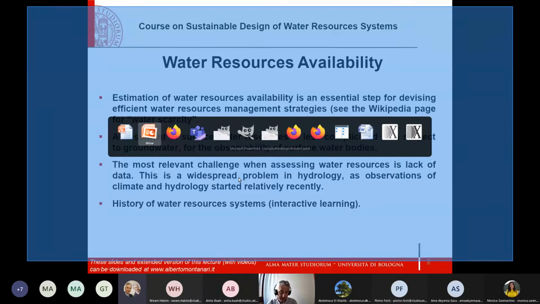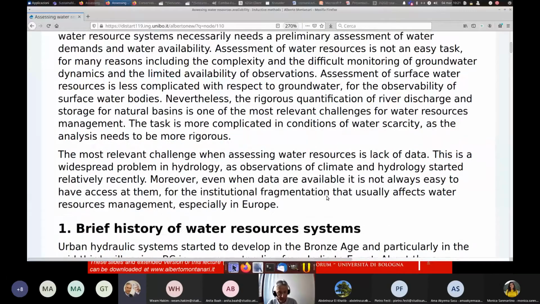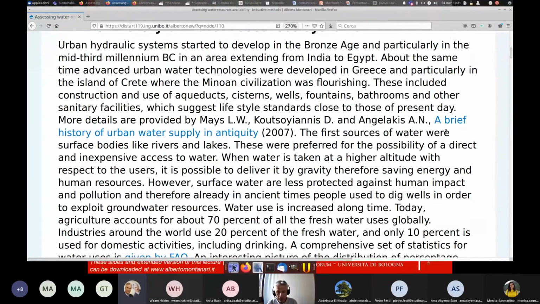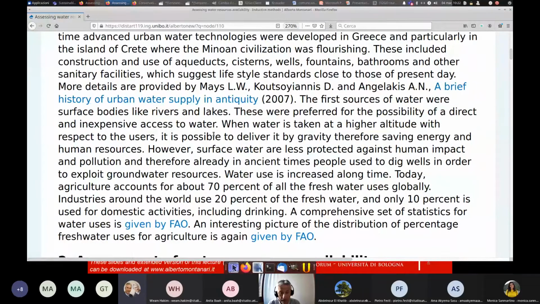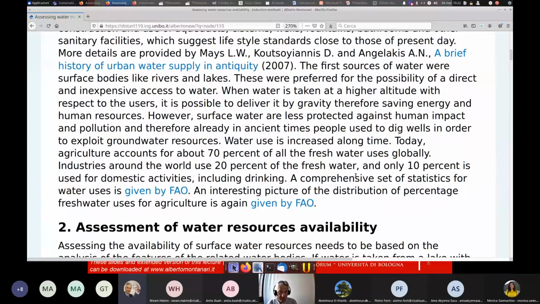If you go back to the previous web page, there is a link here to a review, which I found very interesting, which is a brief history of urban water supply in antiquity. And this is a published paper. And it is interesting because it shows that this problem of monitoring and assessing water resources availability is